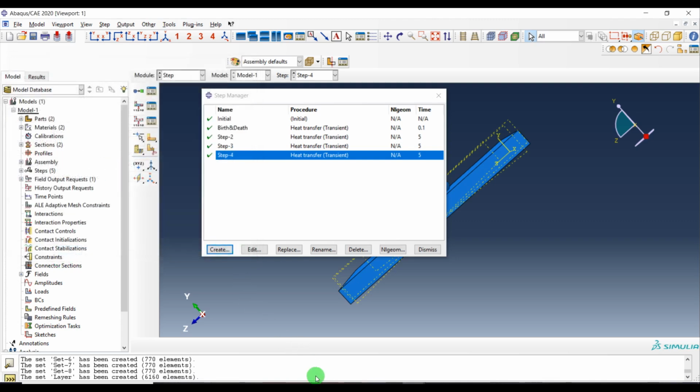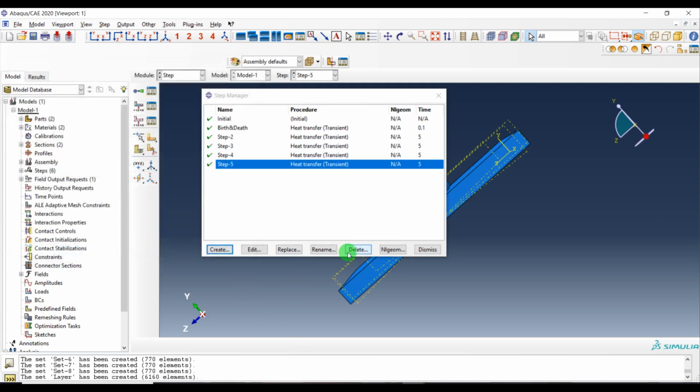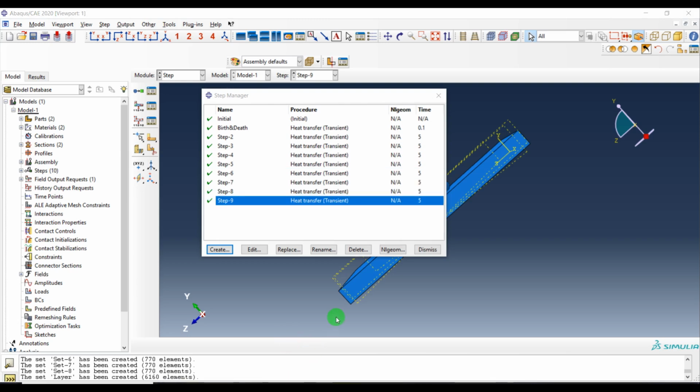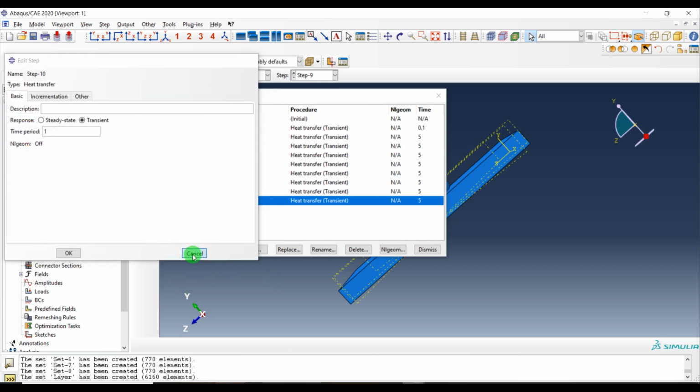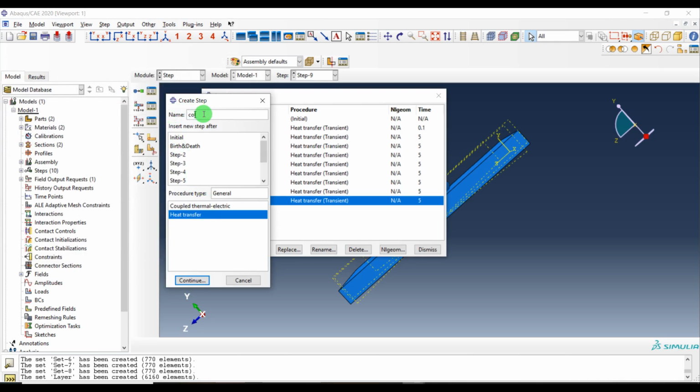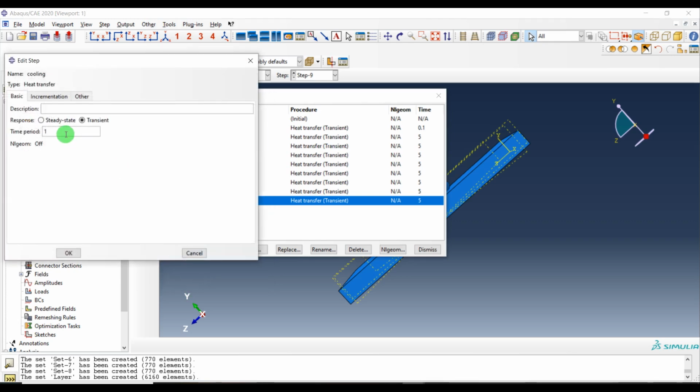I will pause the video, and then once I create the order, I will play and record the rest of the tutorial. Okay, I have to find actually 8 steps for printing, and the last step would be the cooling step, or let's name it cooling. And for this cooling, we need